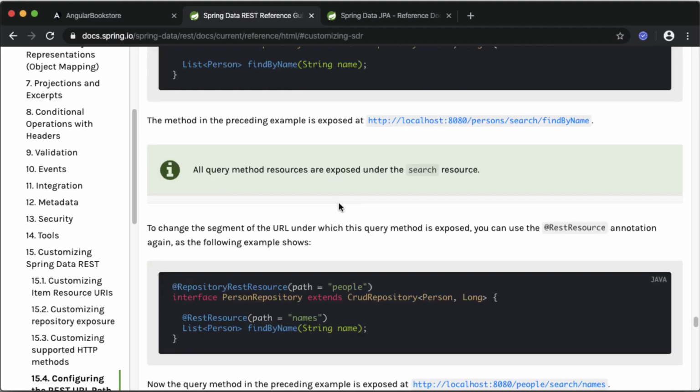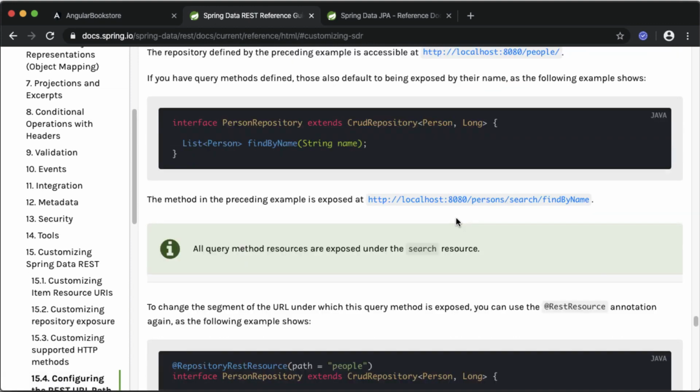You can see in the information tab that all query method resources are exposed under the search resource. Any query methods you have created using findBy, readBy, queryBy will be available under /search/ followed by the method name.